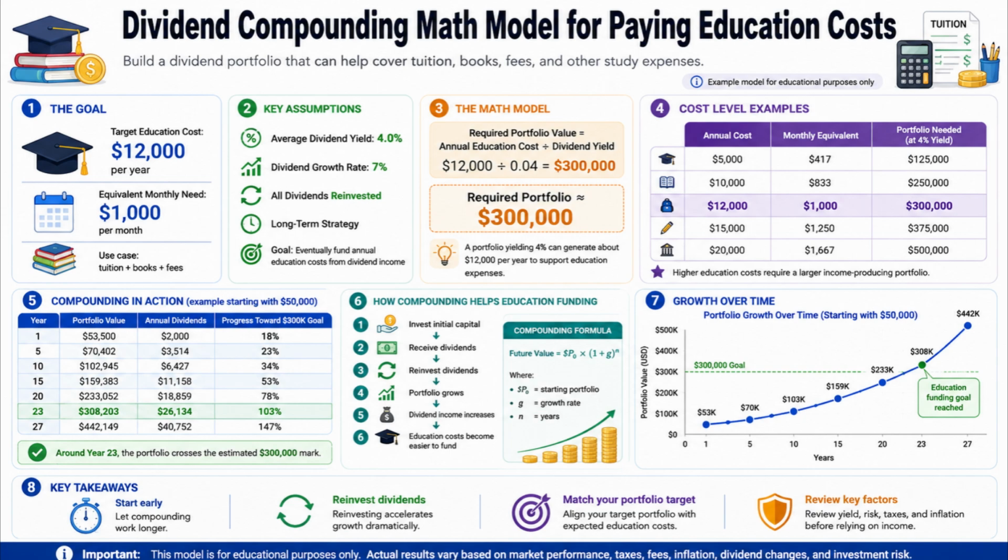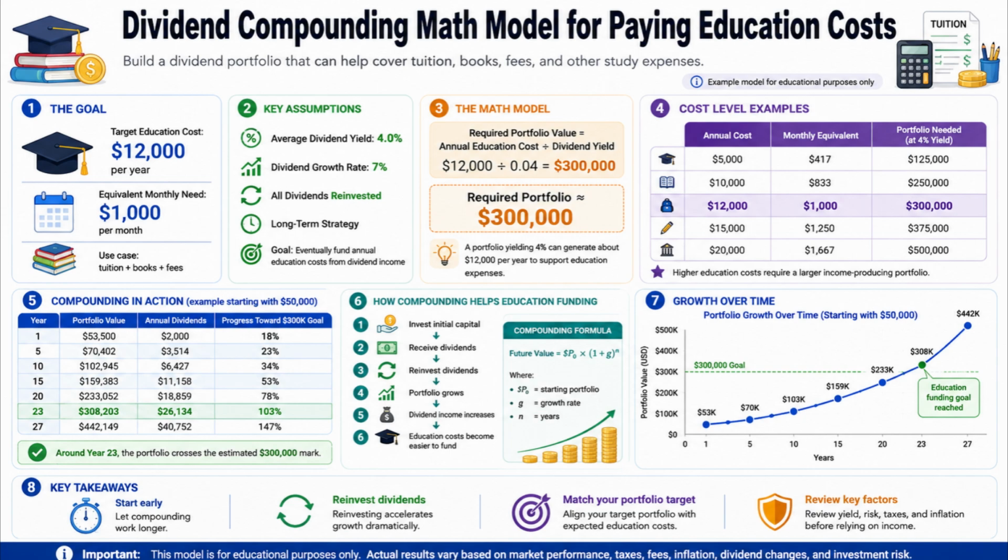This formula shows that time is one of the most important factors in compounding. The longer the money stays invested, the more opportunity it has to grow. The growth chart also shows this pattern clearly. Starting from $50,000, the portfolio grows gradually at first, then accelerates over time. It moves from about $53,000 to $70,000, then to $103,000, $159,000, $233,000, and finally crosses the $300,000 education funding goal